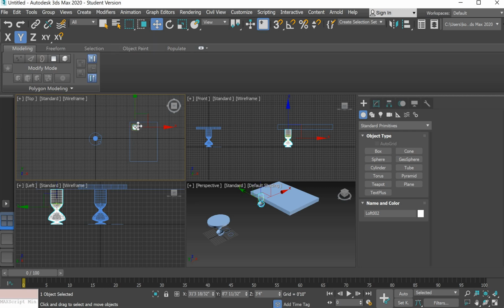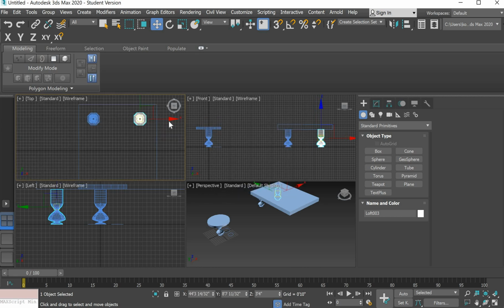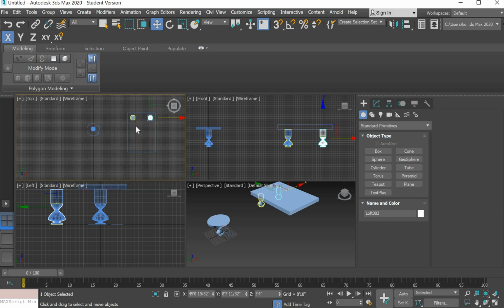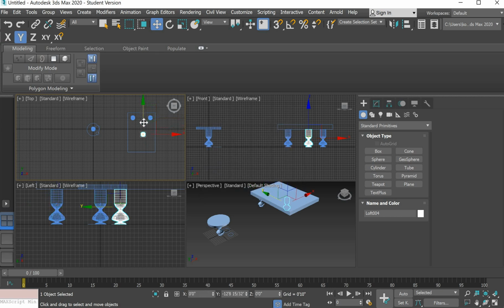So Shift, move, and twice more. Shift, move, and once more. Shift, move,